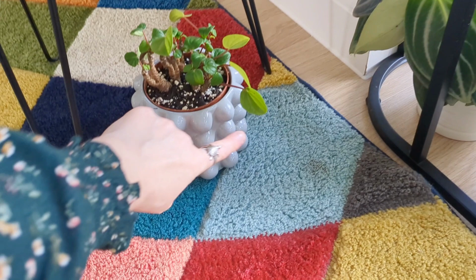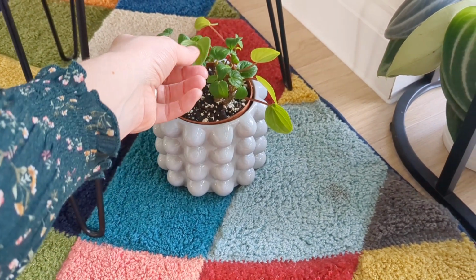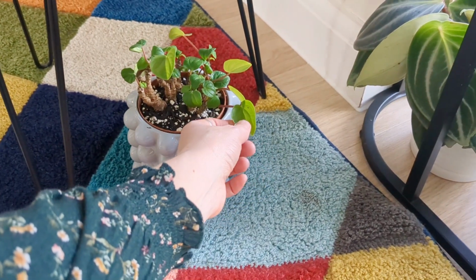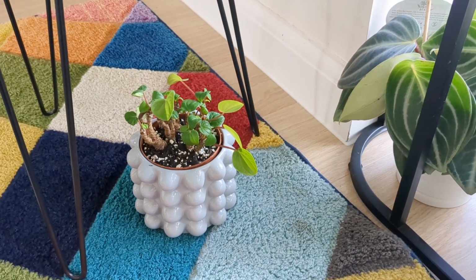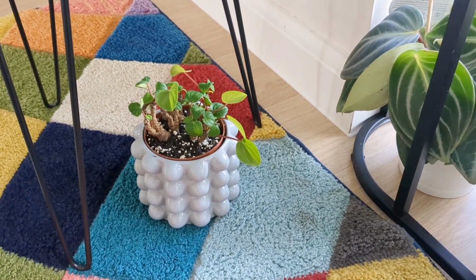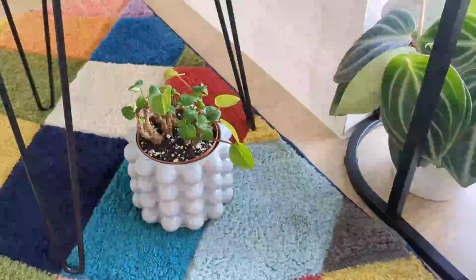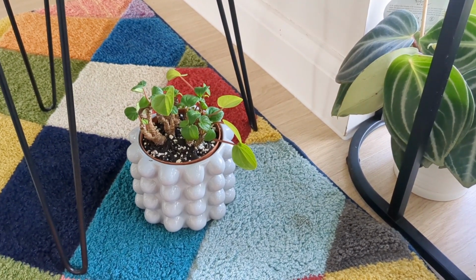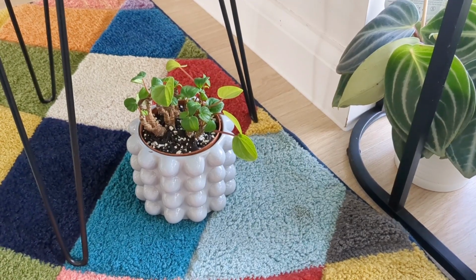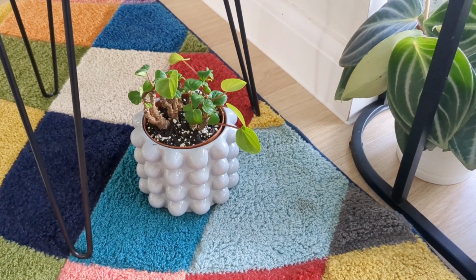Down here is my still recovering original mother plant of the Rana Verdi, which I dearly love, but it's still battling thrips, so I'm just keeping it a bit back from everything for a little while. I don't really have anywhere to isolate plants at the moment, so I'm just trying not to put it too closely in with all the leaves, keeping a close eye on it. It's not overrun, it's not like a big infestation of thrips, but it's definitely still occurring, so keeping a close eye and